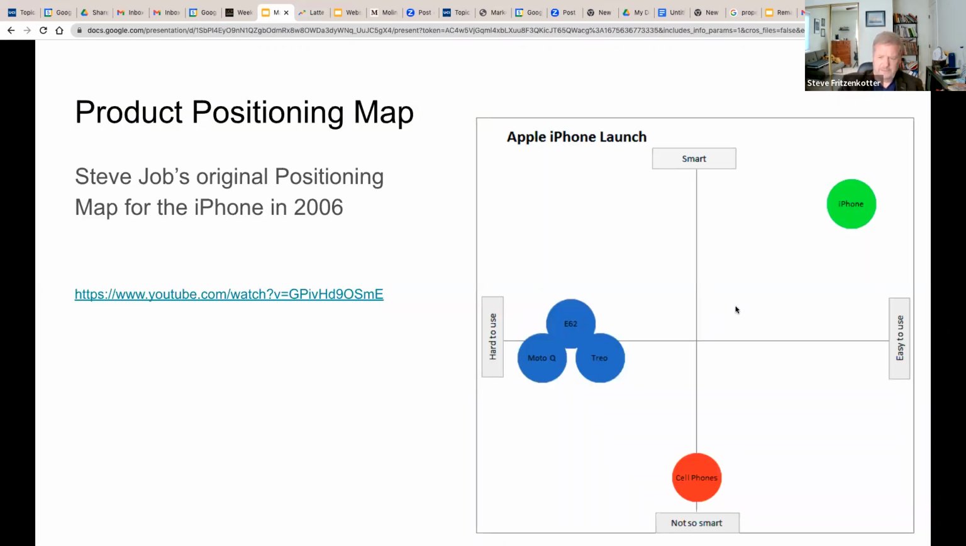So that's how he used it. He used smart, high and low, and easy to use, high and low. So obviously he's got cell phones on the bottom. They're not hard to use, but they're not smart. And here you have the Palm Treo, the BlackBerry, and another one on this side. And of course they used this to illustrate how their iPhone was a true leapfrog product, and it pretty much was. So now